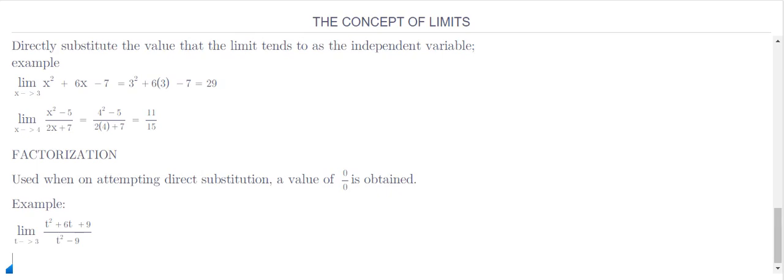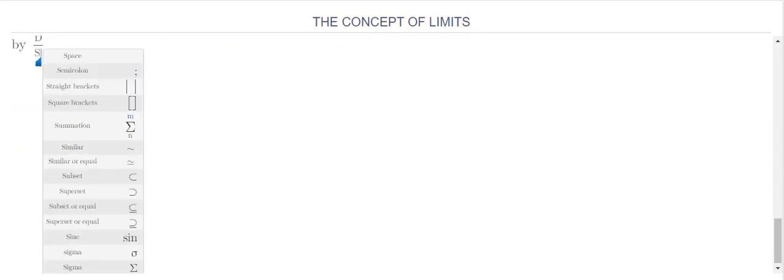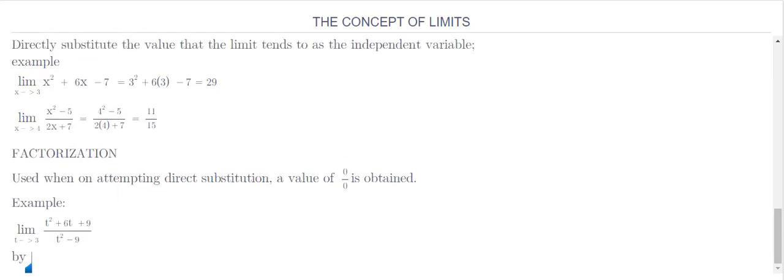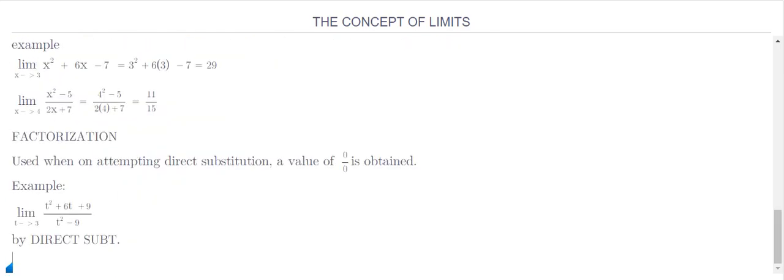Now an example: we have the limit as t tends to 3 of t squared plus 6t plus 9 over t squared minus 9. Now this is as simple as you see. The first step is always direct substitution. I'm calling it D over S, direct substitution. So the first thing that you have to do is use direct substitution. You will be getting,